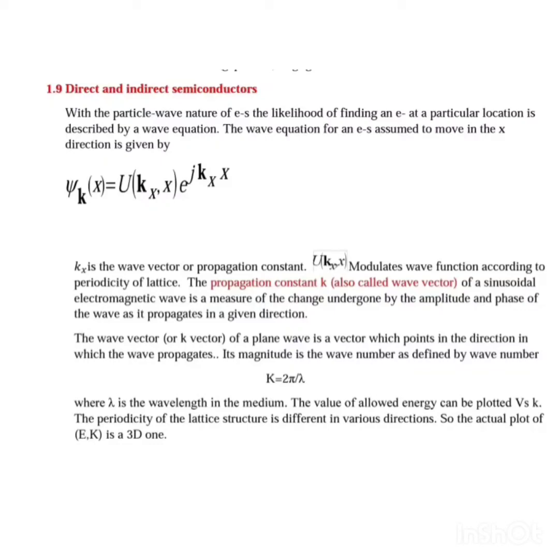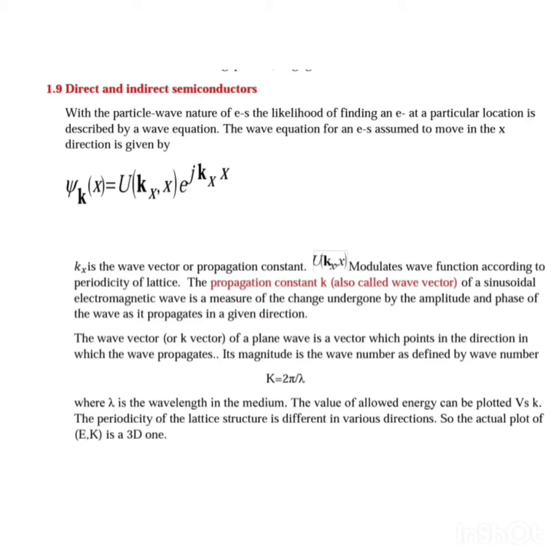Welcome all. Today we will see a new topic, direct and indirect semiconductor. Otherwise, precisely telling, it is direct band gap and indirect band gap semiconductor. So we have seen the electron has both particle and wave nature. So the particle wave nature of electron, the likelihood of finding an electron in a particular location is described by